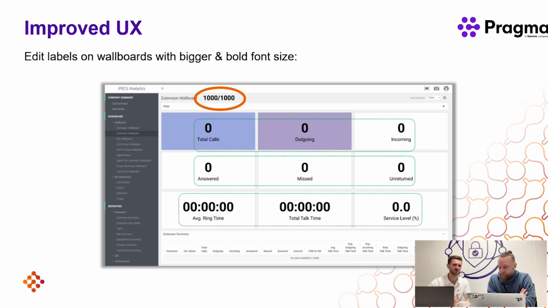But yeah, again, for customer experience, user experience, they are nice to have just to bring to the wallboard environment, isn't it? And talking about roadmap, when you're looking at this wallboard environment, we've done enhancements here, but this is another area where there's a lot of attention and focus in terms of how we can improve this going forward. So we're looking at more colorations and customizations going forward. This will only get better and better as well.